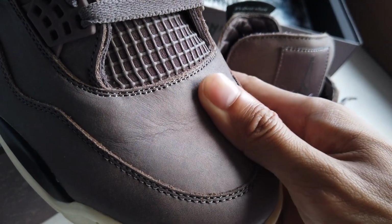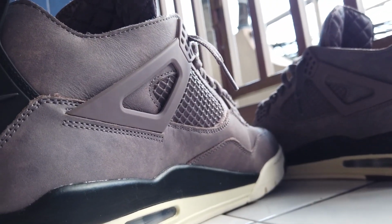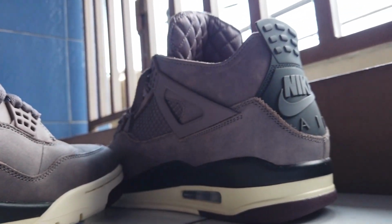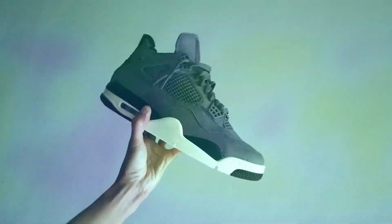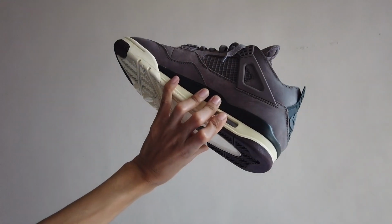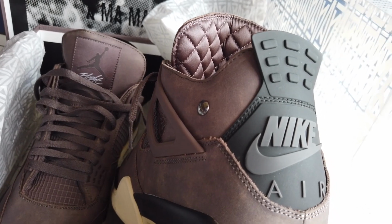Now, first things first, let's check out the materials. Starting things off from the toe guard, toe box, medial lateral eyelets, as well as the ankle collar of the sneaker. It's surrounded in that violet ore colorway in this really nice feeling Nubuck material. Now, this specific color is very reminiscent of the violet ore found in the Jordan 3 A Ma Maniere, because if you look up close, it kind of has some browns to it. It has this really nice rusted texture to it, and I'm loving it, man,